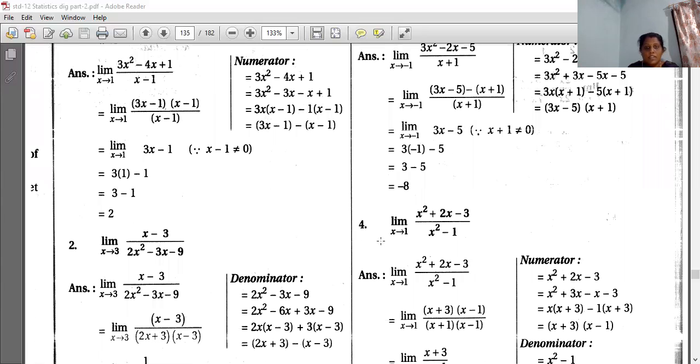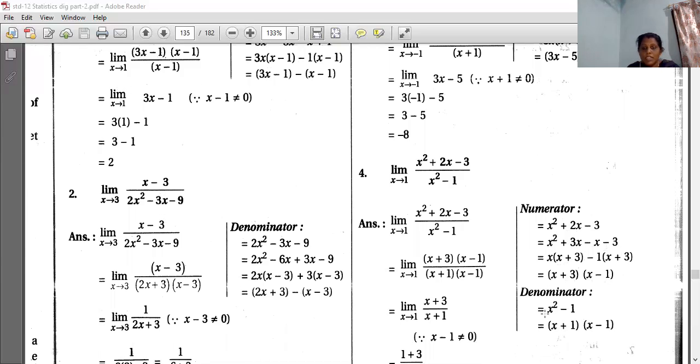Right? Now let's see exercise question number 4, and this is also an easy sum. See, x square plus 2x minus 3 upon x square minus 1. So here you have to do the factorization. See, numerator is x square plus 2x minus 3. The product is 3 into 1, and the difference 3 minus 1 is 2, so you will go for the factors 3 and 1. So x square plus 3x minus x minus 3. So the factors are x plus 3 and x minus 1. And denominator is x square minus 1, that is a square minus b square, so a plus b and a minus b. So x square minus 1 is x plus 1 and x minus 1.